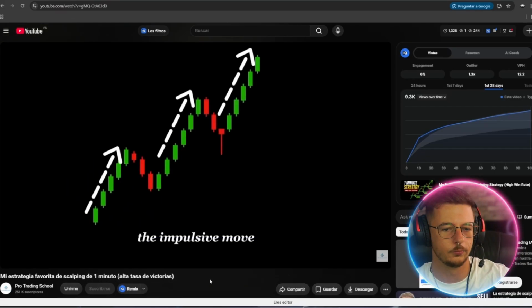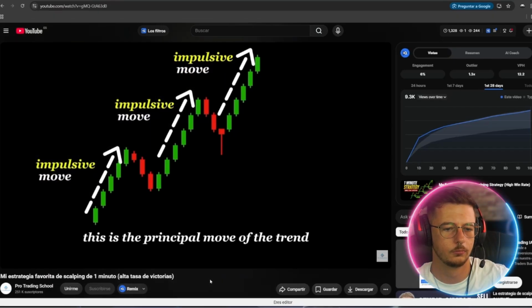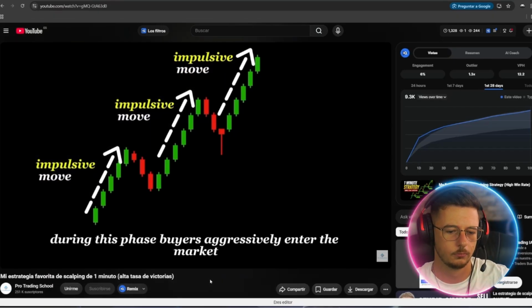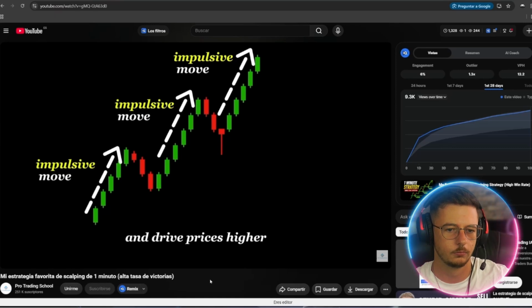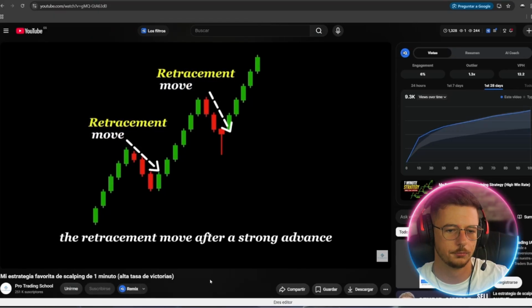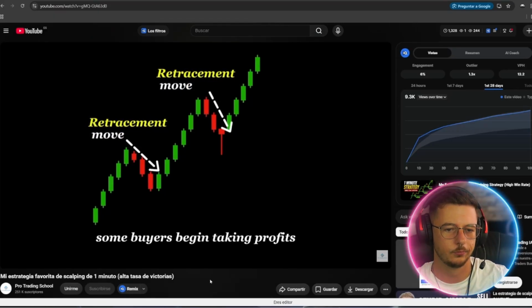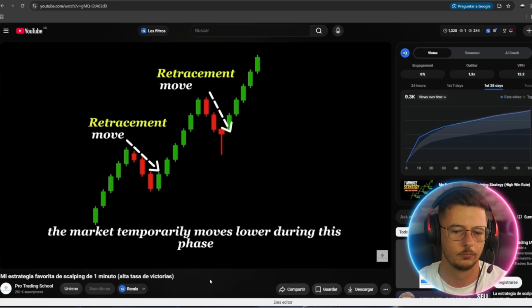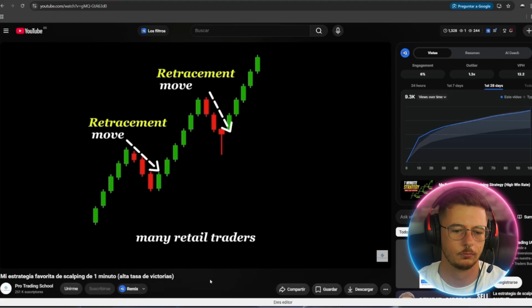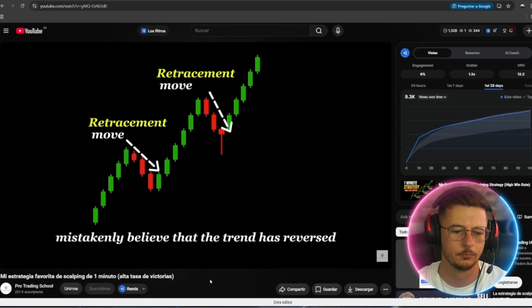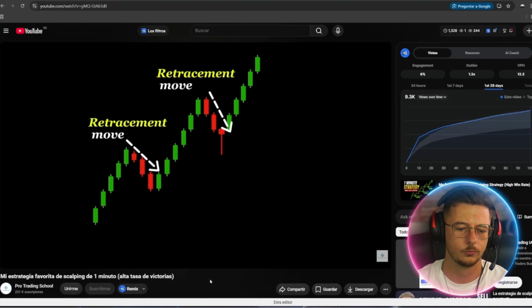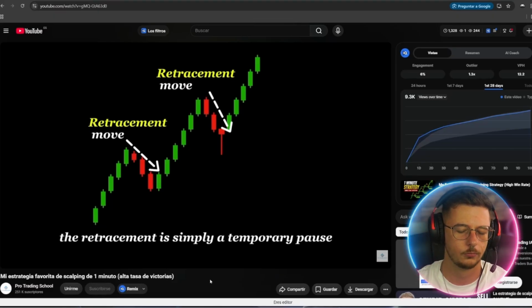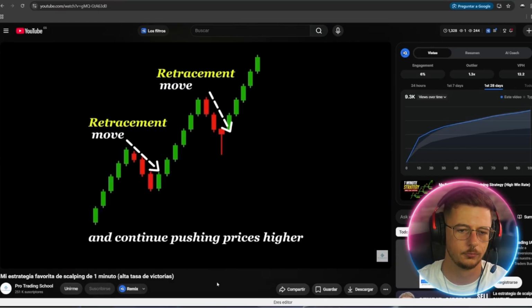The impulsive move. This is the principal move of the trend. During this phase, buyers aggressively enter the market and drive prices higher, creating strong bullish momentum. The retracement move. After a strong advance, some buyers begin taking profits. As a result, the market temporarily moves lower. During this phase, many retail traders mistakenly believe that the trend has reversed and start shorting the market. However, in most cases, the retracement is simply a temporary pause before buyers step back in and continue pushing prices